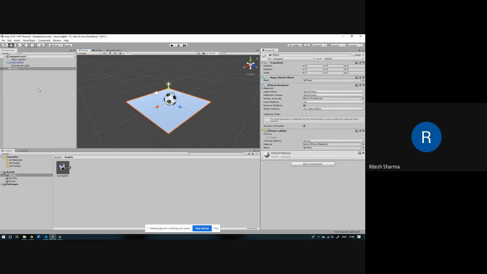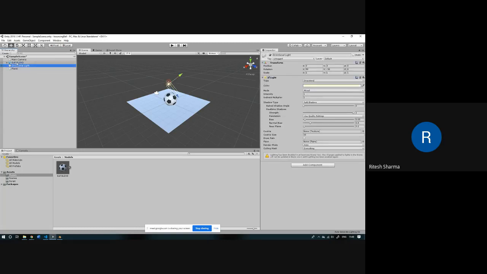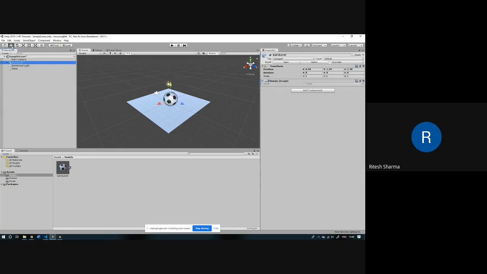Yesterday we went through moving things around and rotating them. For example, if I want to move the ball around, we have told you that this is the move tool. Similarly, in Blender also you have all those tools, and you have them in Unity as well. If I want to move it around, or rotate it by a certain angle, I can do that.